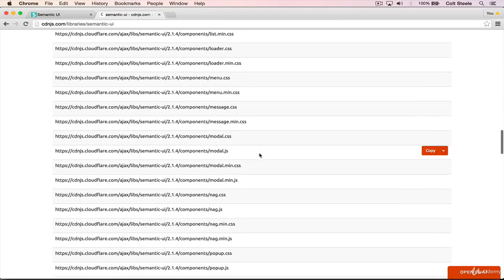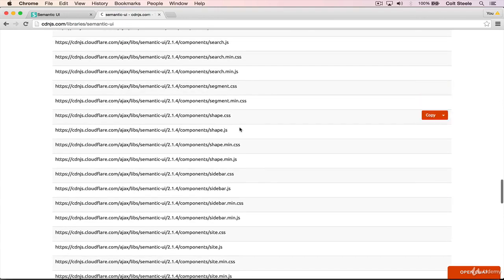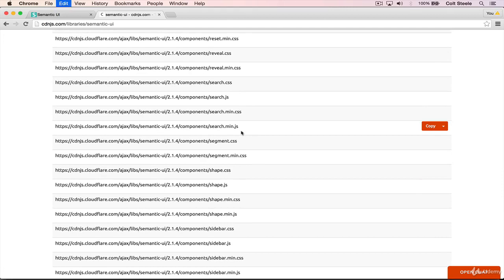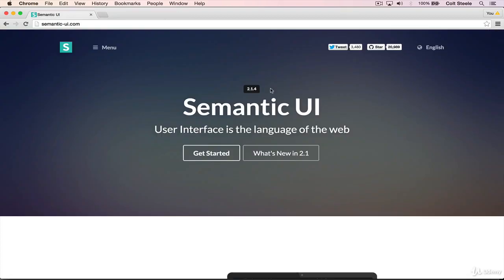But we do want the entire library. So if you scroll down on all of these CDNs, we want the one that says semantic.css, which is right here. It's difficult to find if you don't know what you're looking for, but just do a search, and we'll actually take the minified version just to make things faster. So semantic.min.css. And we copy that URL over,